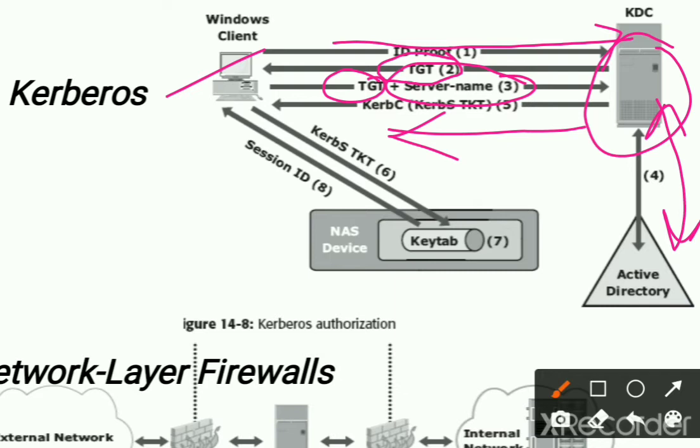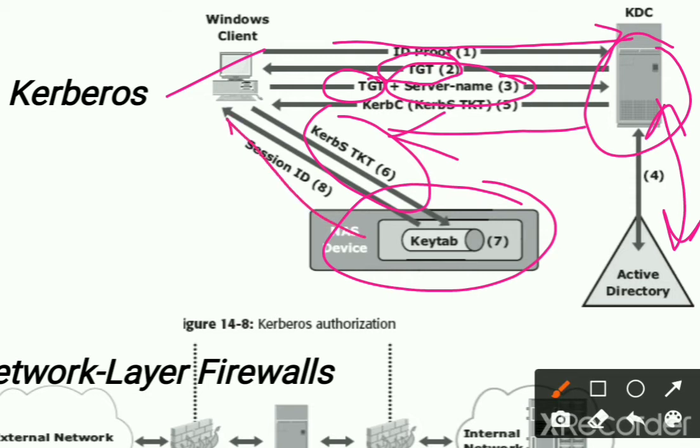Now you can check in this one, in Kerberos the client sends that ticket to the NAS device, and the NAS device decrypts it and the session is established, so they can exchange data. In this whole session, whatever activity is carried out by the client, what files he is using and so on, is reported and maintained, the files are kept intact, and the same session ID is transferred again.